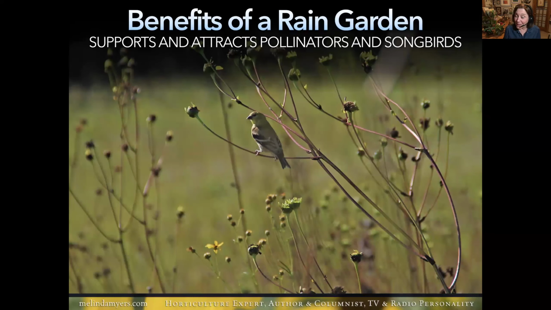Also, if we pick the right plants, and most rain garden plants are good at supporting birds and pollinators. I don't know about you, but winters can be kind of dreary, kind of crazy, and the birds really add a lot of enjoyment. They add color and motion to the landscape. They're entertaining, and the butterflies and bees that come to visit in the summer, and they need our help, and they help us back by